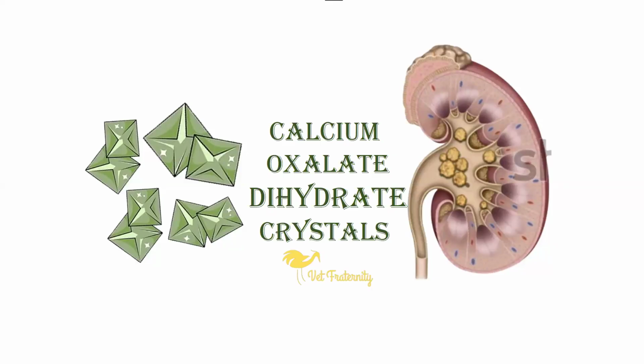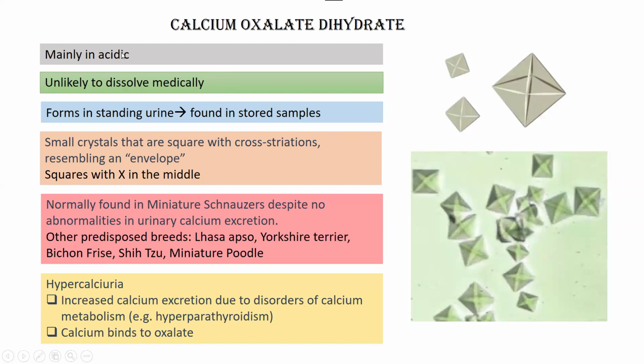In this video, we are going to talk about calcium oxalate dihydrate crystals. Basically, these are the crystals that form in acidic urine. They are unlikely to dissolve medically. You should remember that medical dissolution of all urinic crystals is possible, but it is very difficult for calcium oxalate